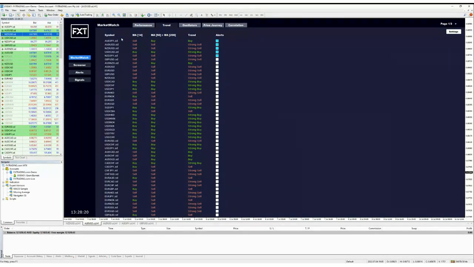And the trend result will be shown as either buy, strong buy, we've got down here, sell, or strong sell. You can see those listed under the word trend here for all the relevant different symbols. And if we click on a symbol's name, which I'm going to do here now,